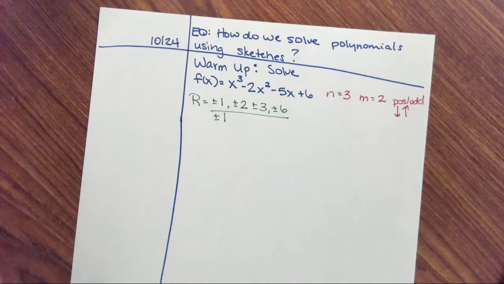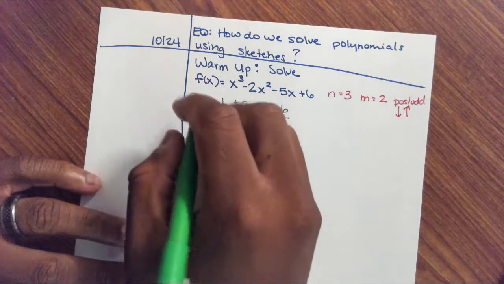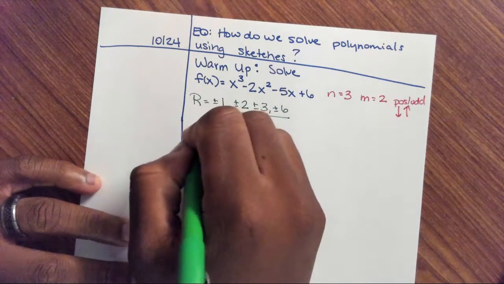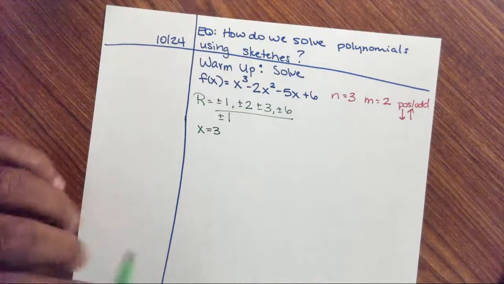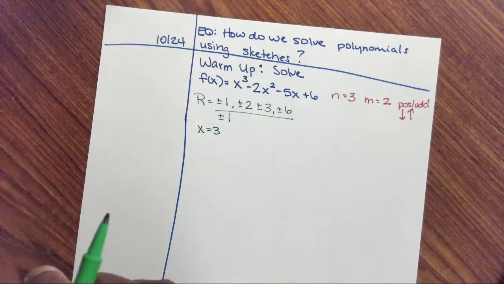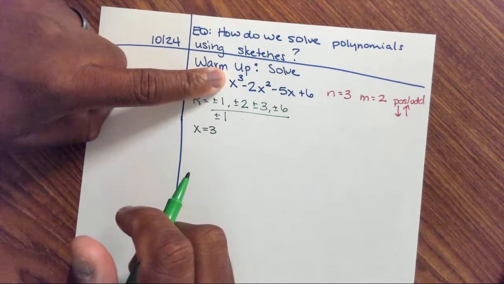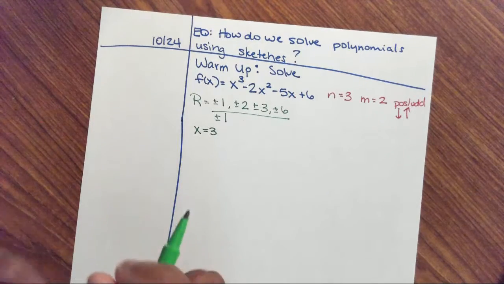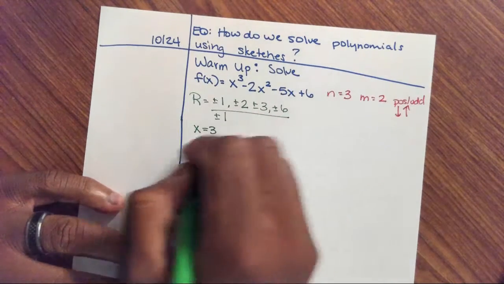Anybody find any x-intercepts yet? Say it again. 3. So one of the x-intercepts is 3. How many do we need to actually start to solve this problem? You need 3, but we only need 1 to start the process because one will get us down to a quadratic, right? So taking 3,